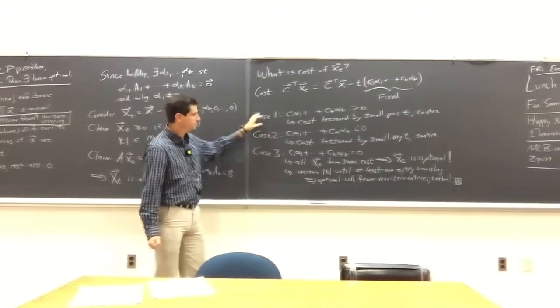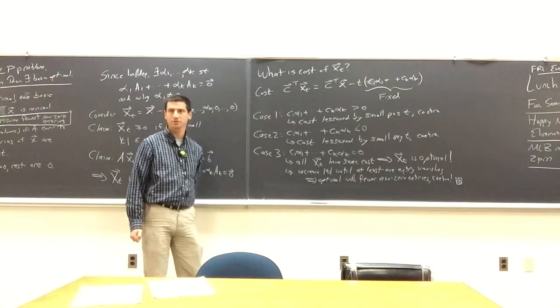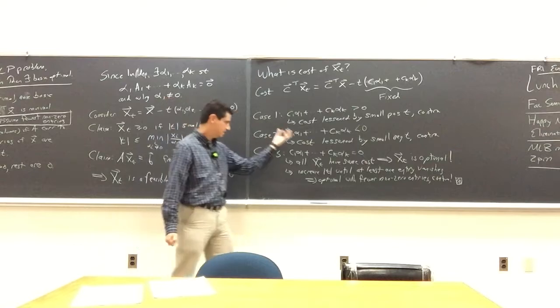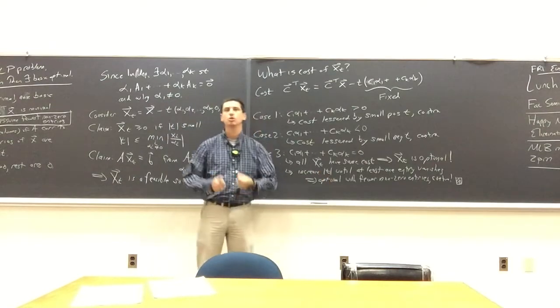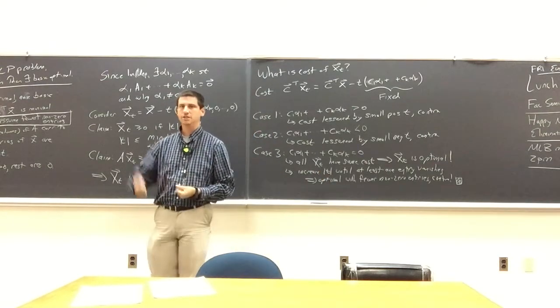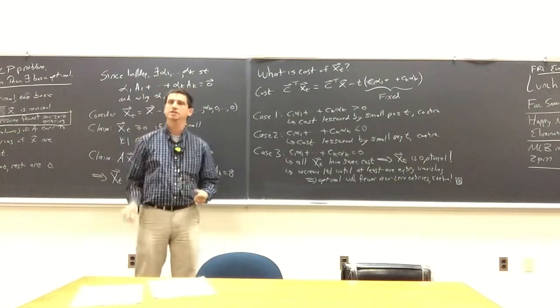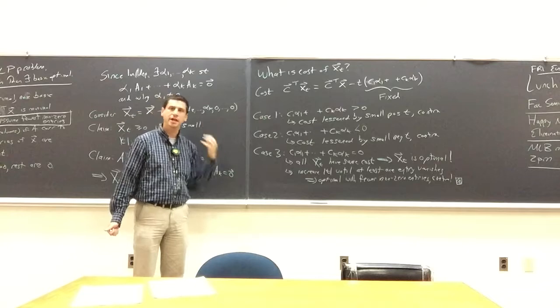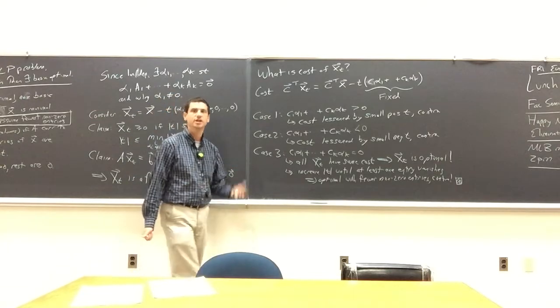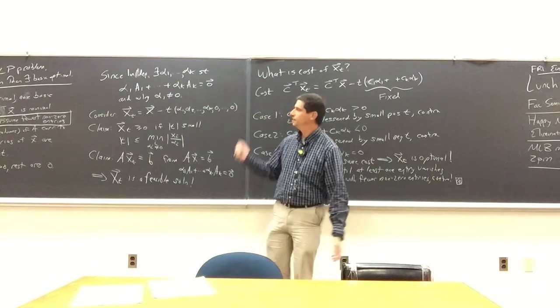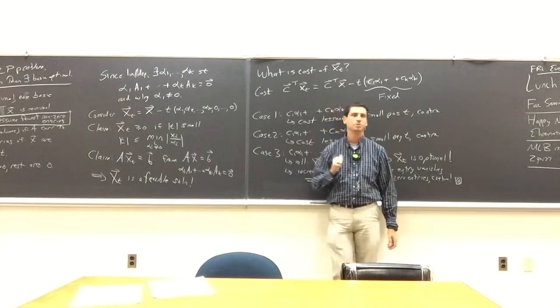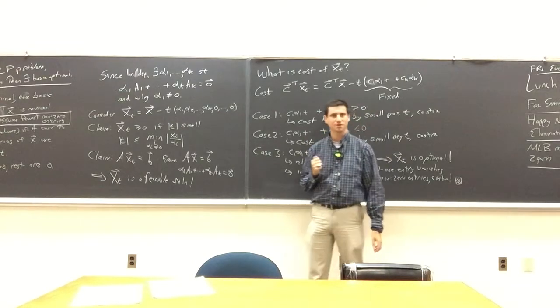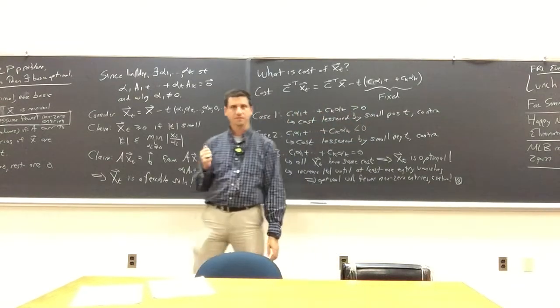But the nice part is 2 cases are immediately handled, and then the third case, it's the same argument as before. We keep slowly increasing t in either the positive or the negative direction until at least one coordinate becomes 0. And now we have a solution with fewer non-zero entries. That contradicts our assumption. Therefore, there must be a basic optimal solution if there's an optimal solution. Okay?